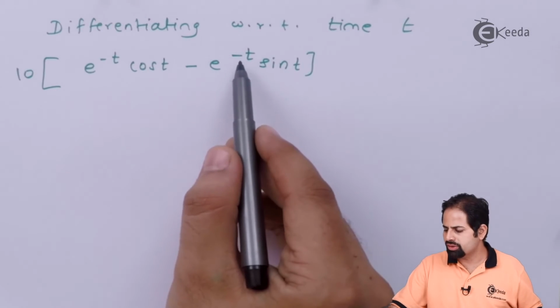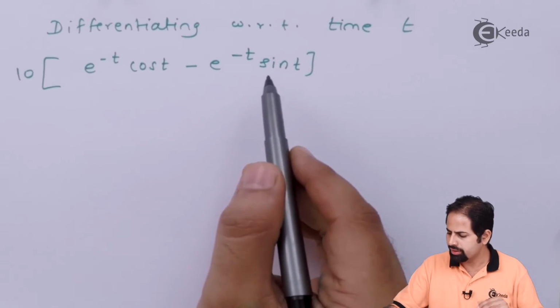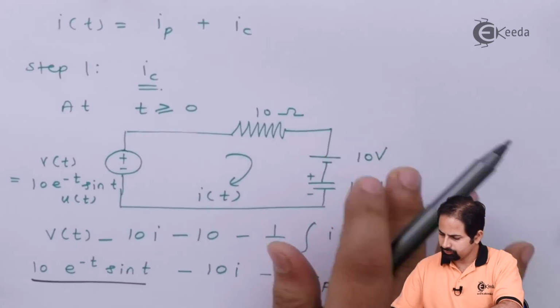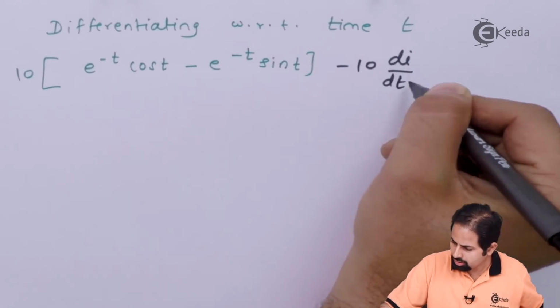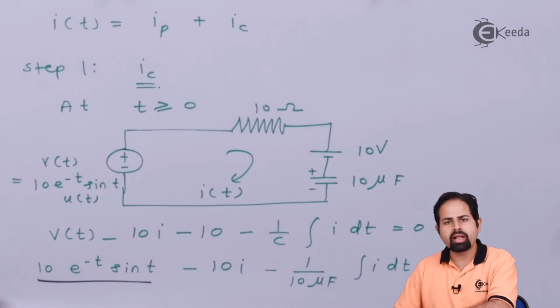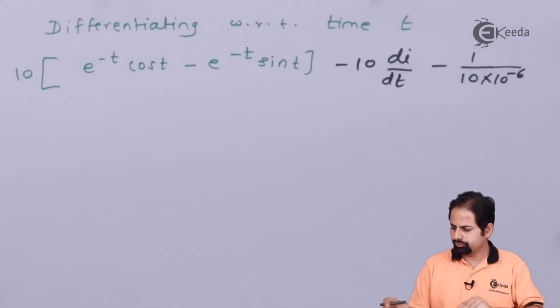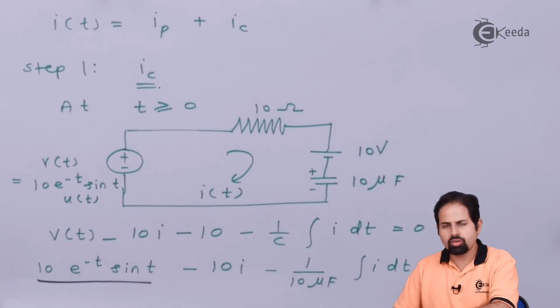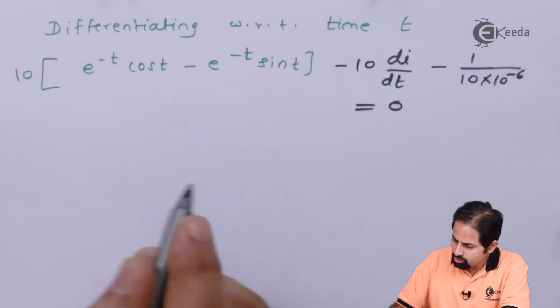Then this minus comes because the derivative of e raised to minus t is e raised to minus t multiplied by minus 1, and sin t. Then minus 10 di by dt. Then minus I upon 10 microfarads. And the differentiation of this constant 10 will be 0. And now I will divide throughout by 10. So it gives me here